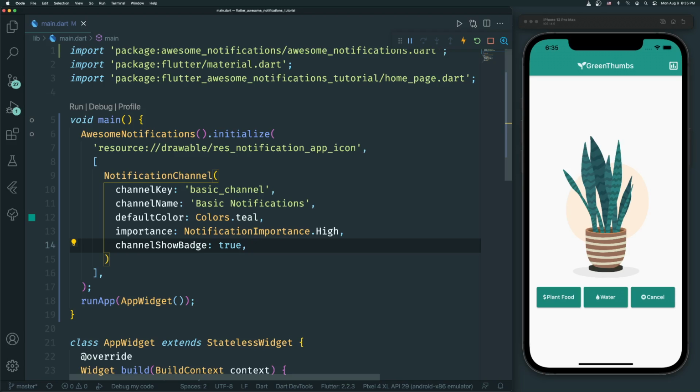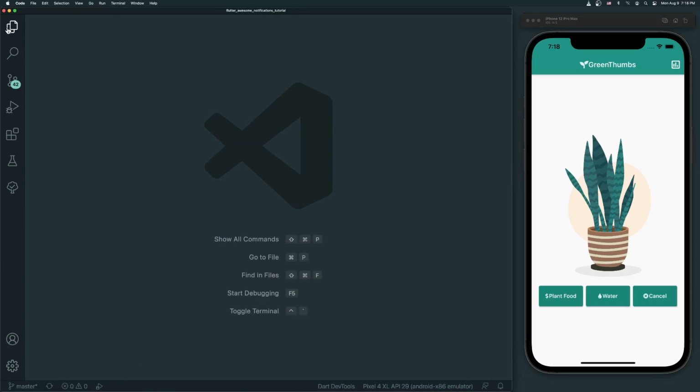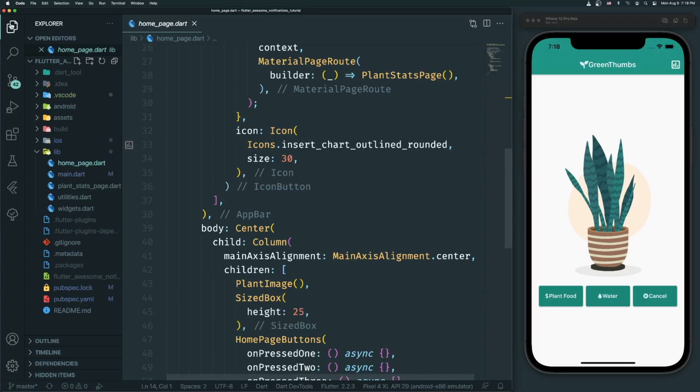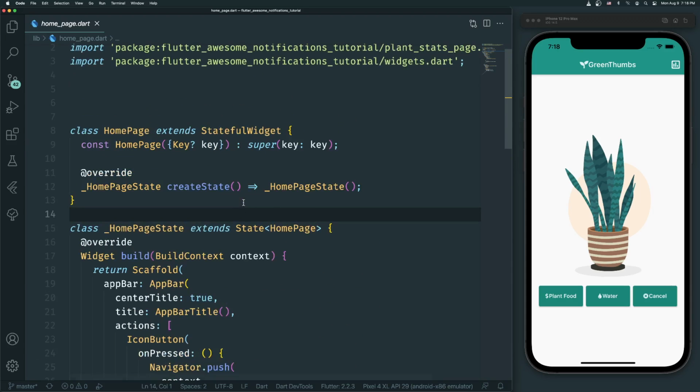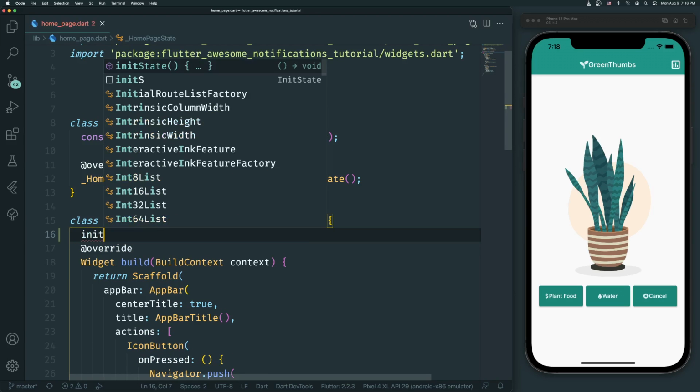Awesome. Now we've got our first notification channel all set up, but before we create any notifications, we're going to set up the functionality that can ask our user for permission to send them notifications. To implement the notification permission functionality, let's move on over to the homepage.dart file. We're going to add this logic inside the initState of the HomePageState right above the build method. So let's do that. initState,